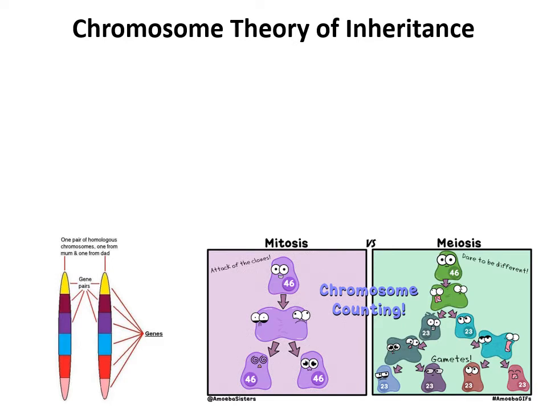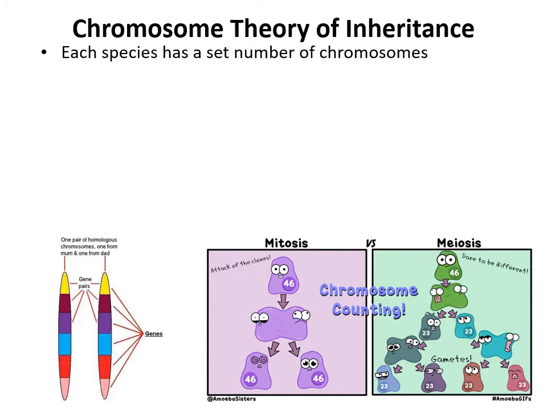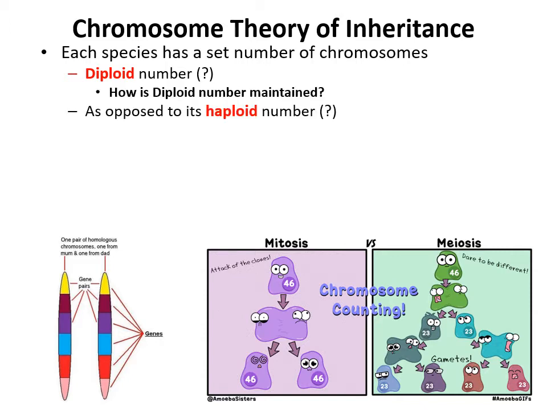Now, when we talk about the inheritance of these different genes and alleles, all of those genes and alleles for an organism are ultimately found on its chromosomes, okay? Now, each species has a set number of chromosomes that defines that species, okay? For instance, humans are defined by the fact that they have 46 chromosomes. Now, again, you find those chromosomes in pairs, so you'll always either hear it as humans have 46 chromosomes or humans have